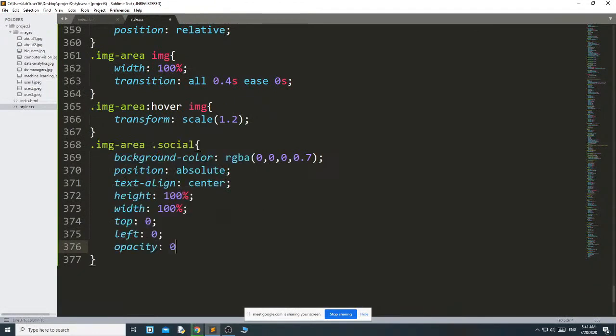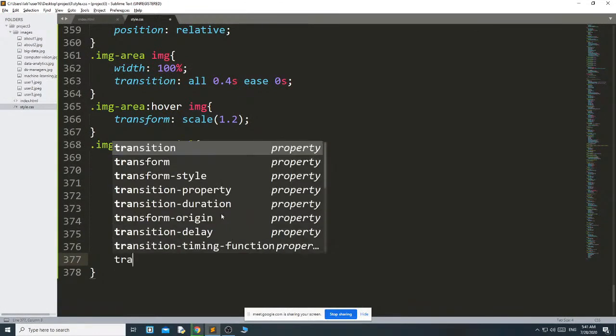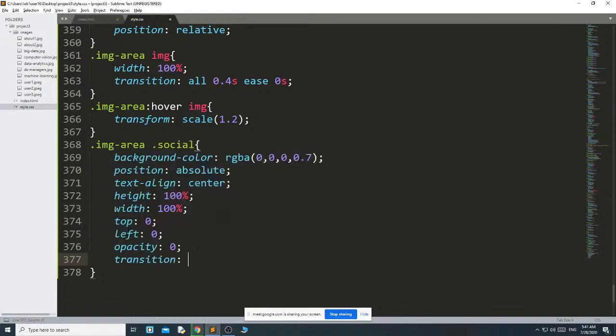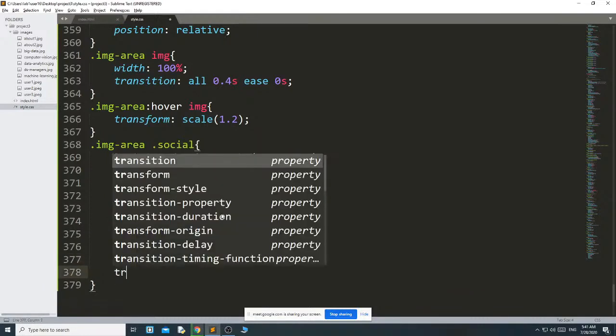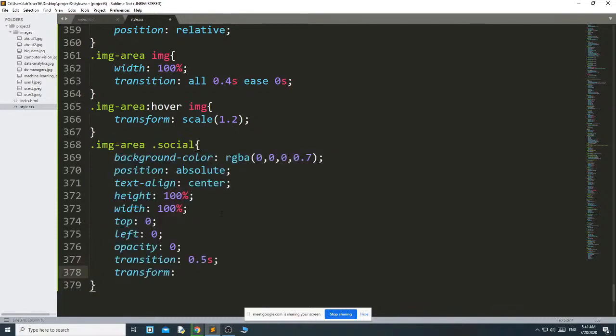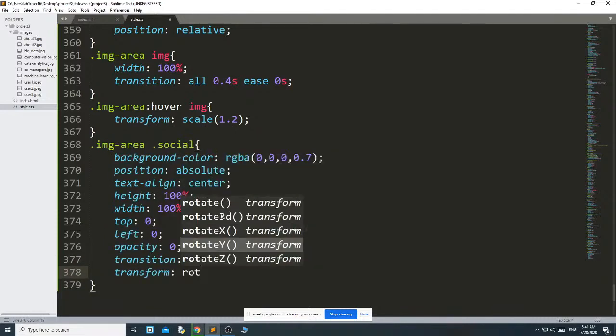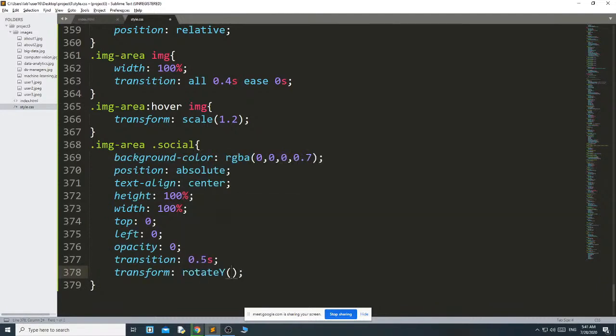Transition 0.5 second, and transform rotate Y 180 degree, and scale 0.5, 0.5.